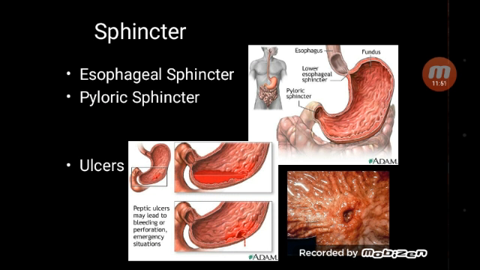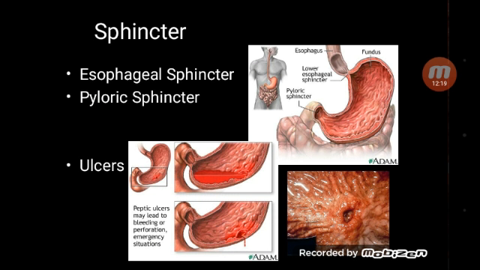A significant fraction of the basal tone of the lower esophageal sphincter is contributed by vagal cholinergic fibers. However, vagal fibers inhibit circular muscles of the sphincter in response to primary peristalsis, which relaxes the sphincter and allows the food to enter the stomach.